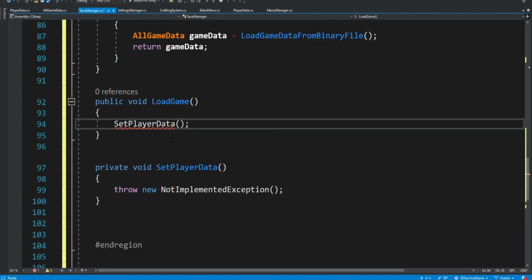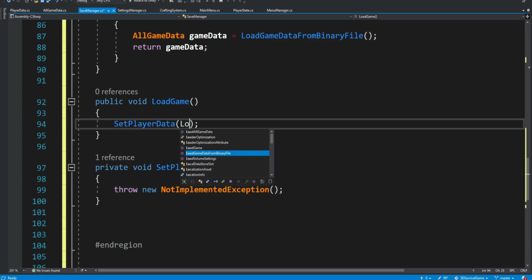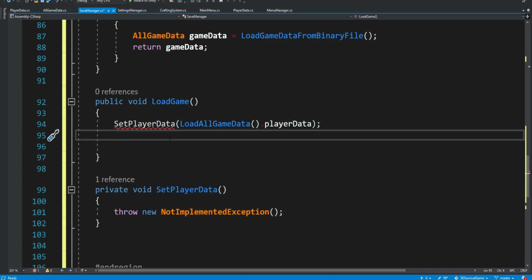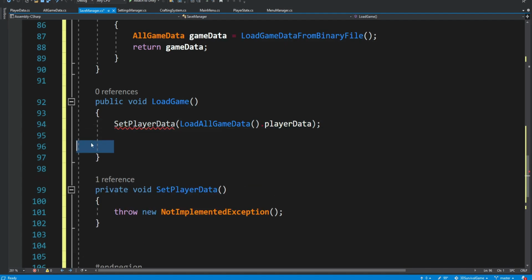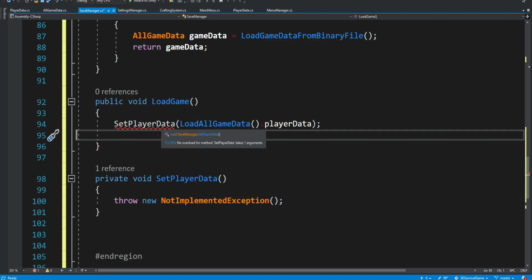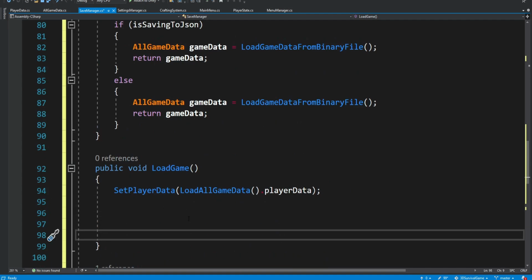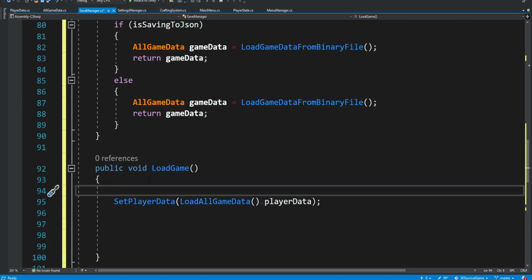So generate method, and inside we're going to pass the actual game data that we want to load. So load all game data, and we want the player data. So now when we set all the data, it's basically all we want to do, and we need to also create these arguments. So we can go over here and add parameters, and it's going to add this player data over here. So this load game will be general. We're going to set the different data into the game. So we have this player data for now,